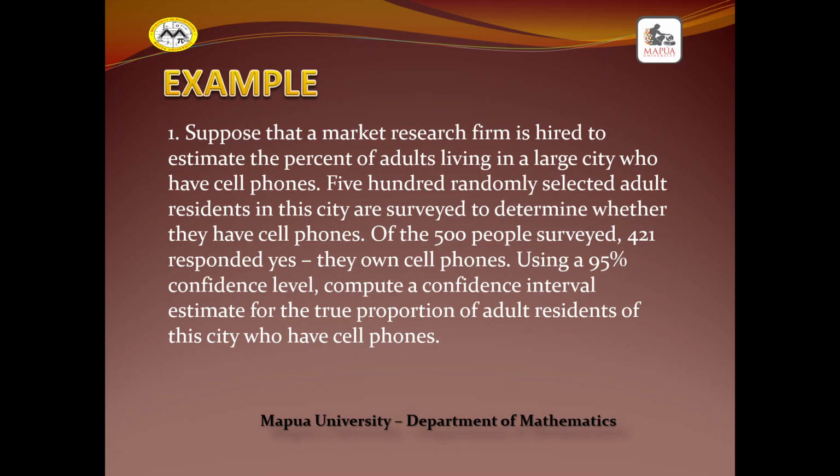For our first example of a confidence interval about population proportion, suppose that a market research firm is hired to estimate the percent of adults living in a large city who have cell phones. 500 randomly selected adult residents in the city are surveyed to determine whether they have cell phones. Of the 500 people surveyed, 421 responded yes, they own cell phones. Using a 95% confidence level, compute a confidence interval estimate for the true proportion of adult residents of the city